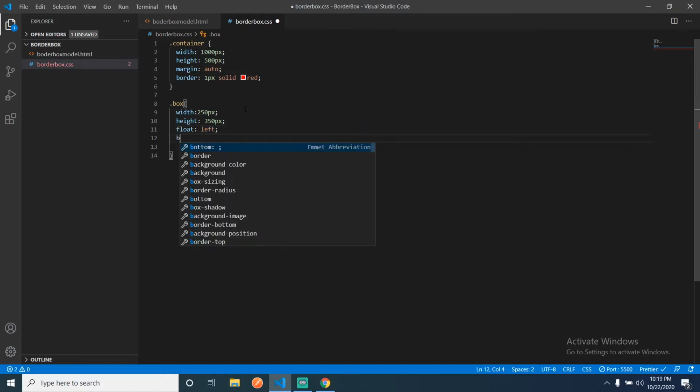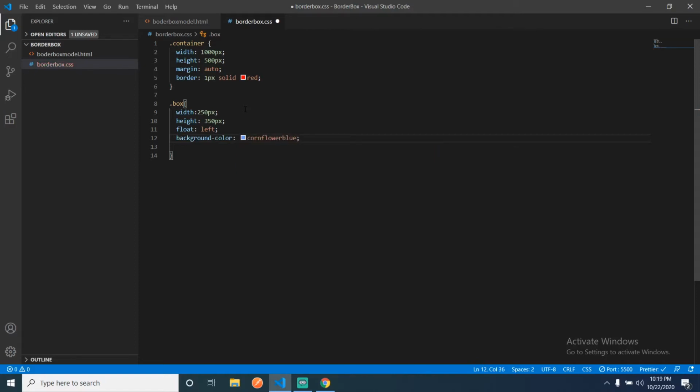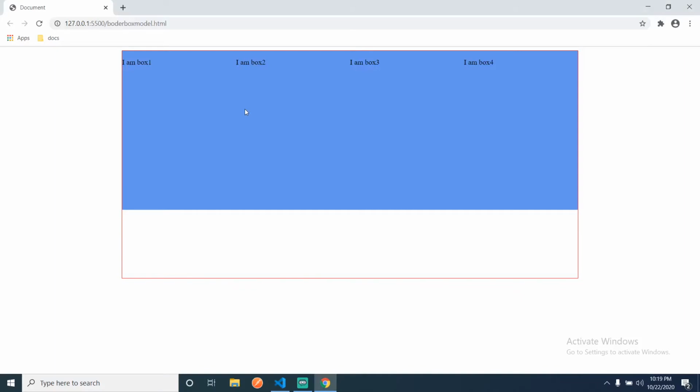Give a background color as well. So let's give this one as a background color, and now we can see over here.